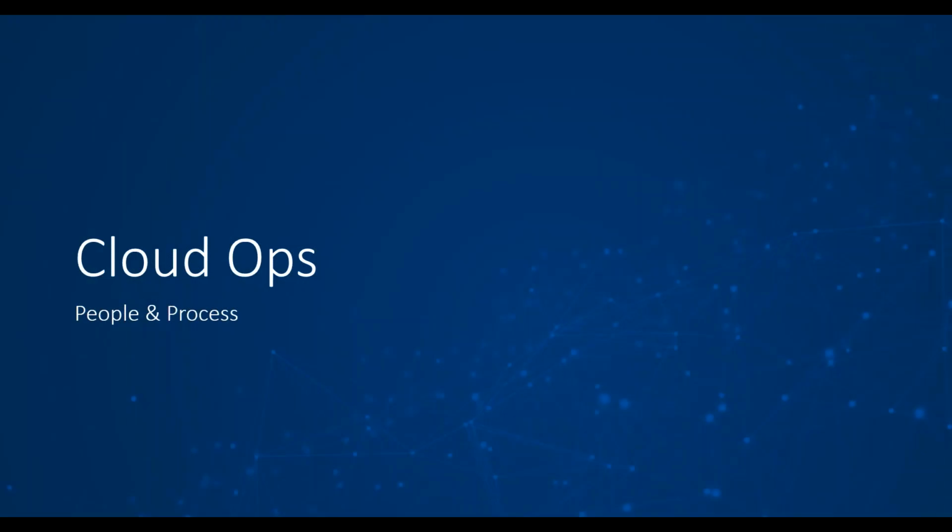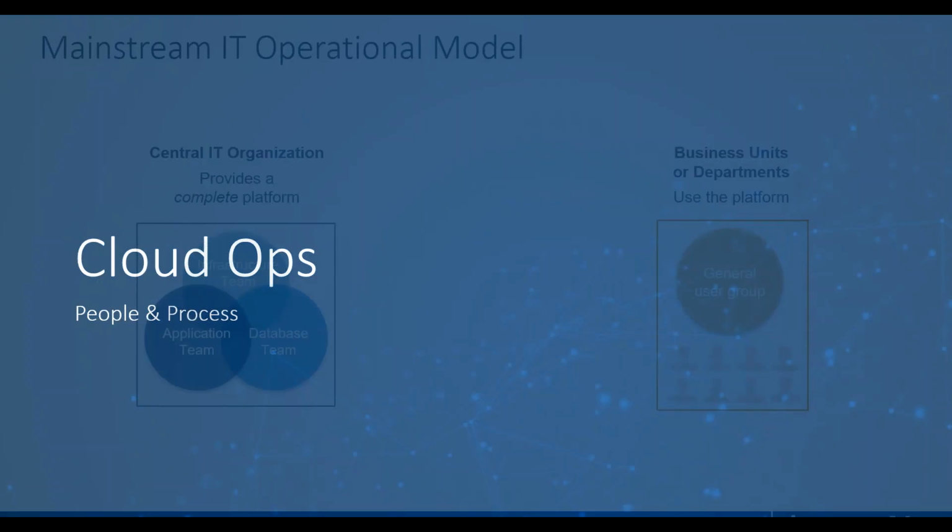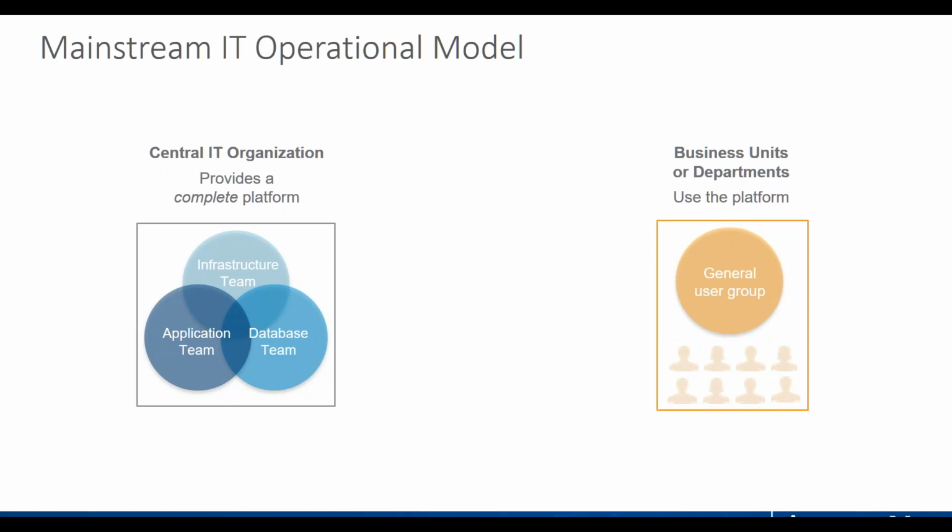And to illustrate what that looks like, we'll go into a little more detail around the people and process side of cloud ops. So if you look at a traditional model, which is fairly common in most of the organizations that I've worked with, you've got sort of a central IT organization, or what a lot of people will call shared services, and it's typically a combination of infrastructure, data, application teams, and a lot of times, client and end user as well. And then you've got the business themselves divided into different views and departments that are consuming the